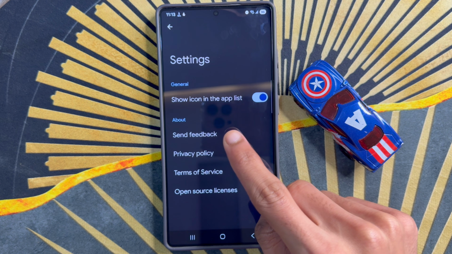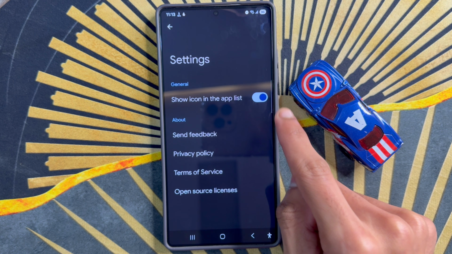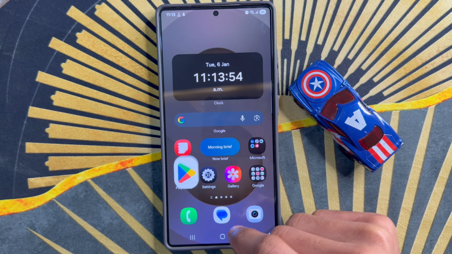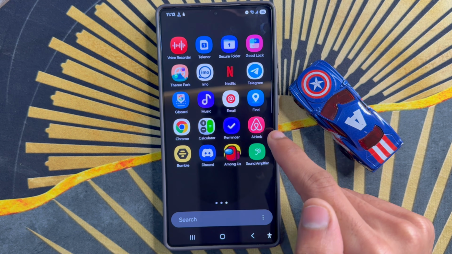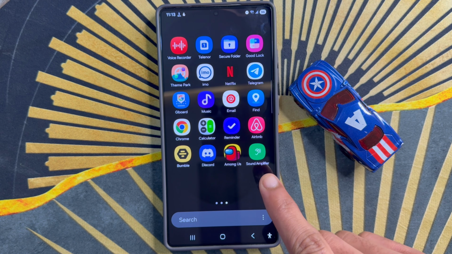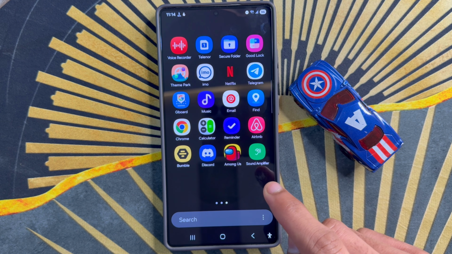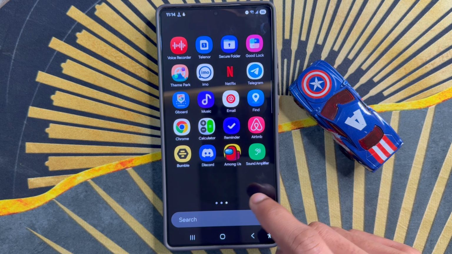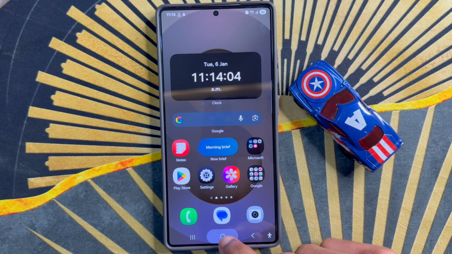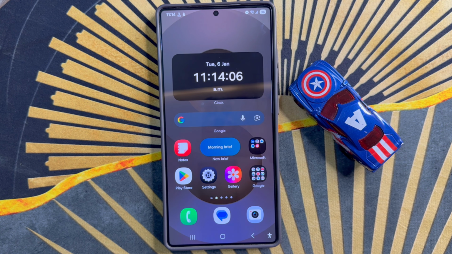After you turn on show icon in the app list, go back to home screen and you will see sound amplifier is added. So you will add or remove sound amplifier from app list. After the process, go back to home screen. So that's how you can add or remove sound amplifier to app list on